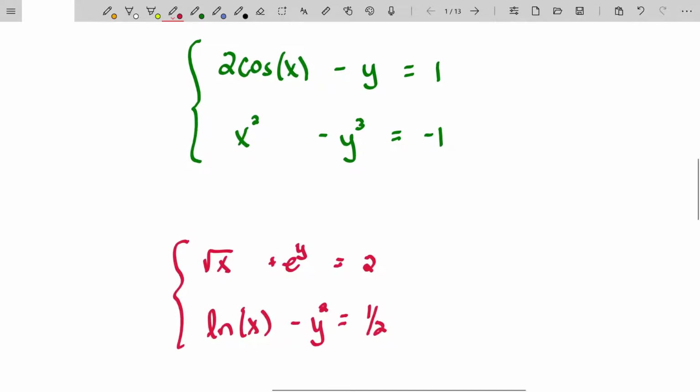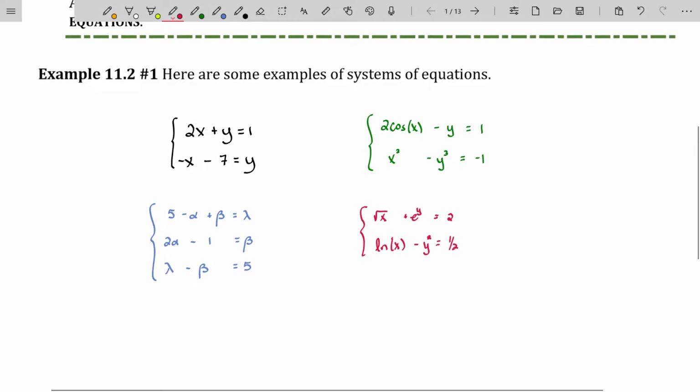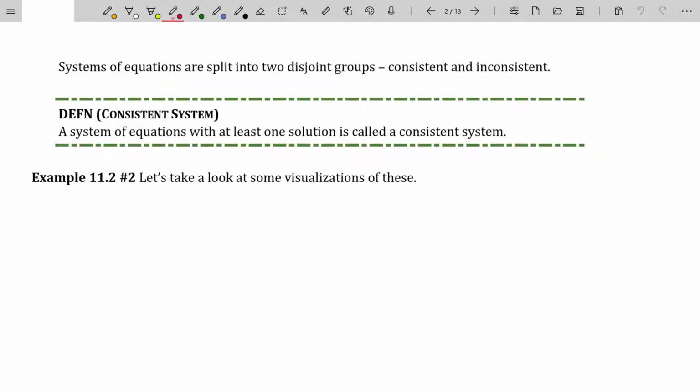Normally, something like this, you would use some type of computer algebra system or some type of software. Now, systems of equations can be split into two disjoint groups: the consistent systems and the inconsistent systems. A system of equations with at least one solution is called consistent. And rather than creating equations, let's just look at some visualizations of what these might be when you're talking about